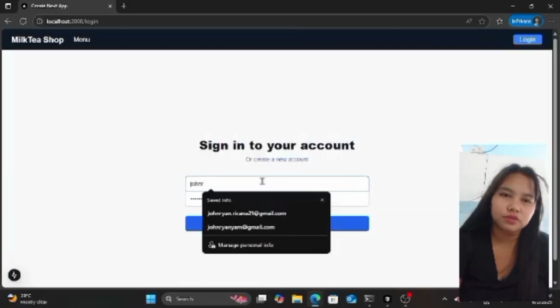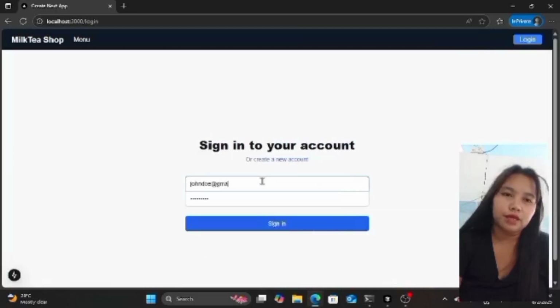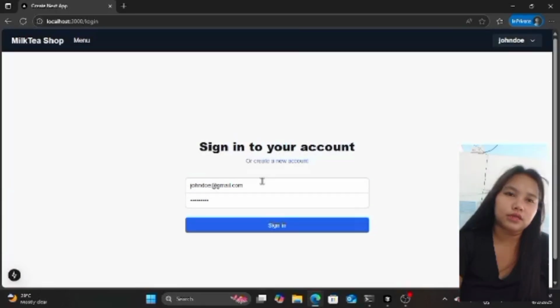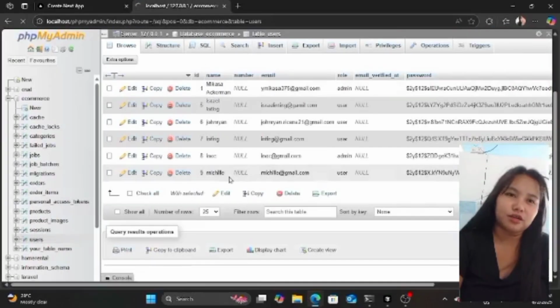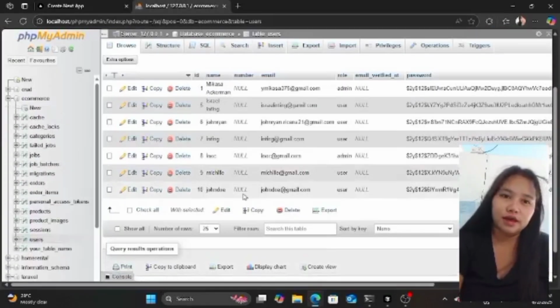Then email, put the email. Then punta lang ka sa user dashboard. Sign in, then down to sa database. And see nakuha siya. And the next step is